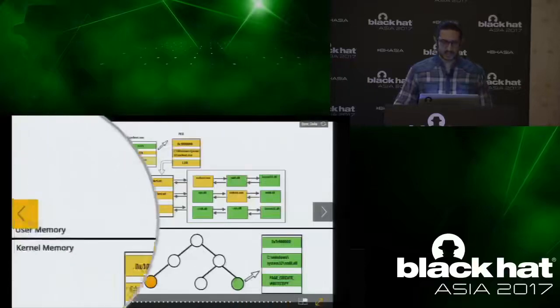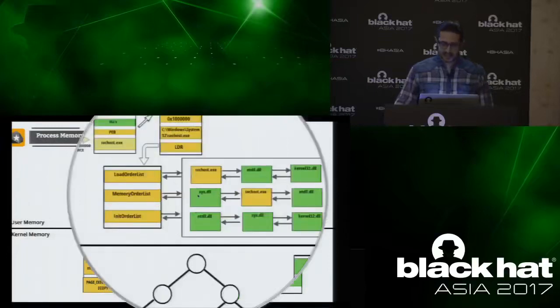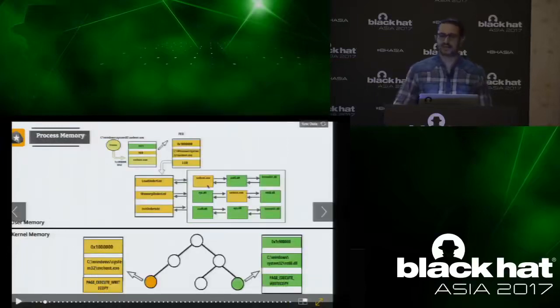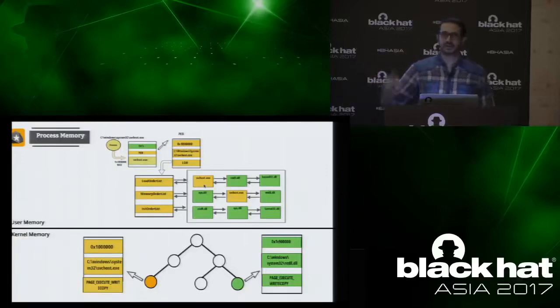So this is the user process memory. Why I'm saying this will be clear in some time. Let me tell you quickly. Let's say a tool wants to list the modules running on a system. It wants to enumerate the modules running on a system.